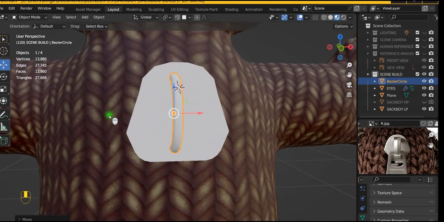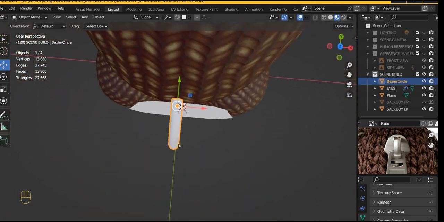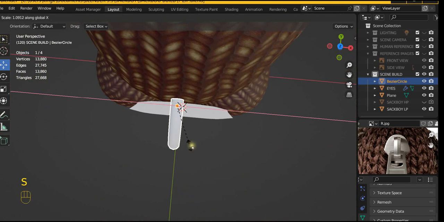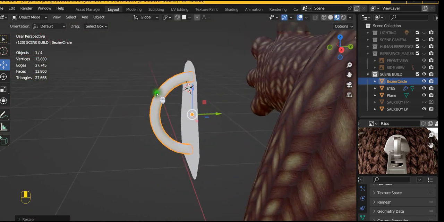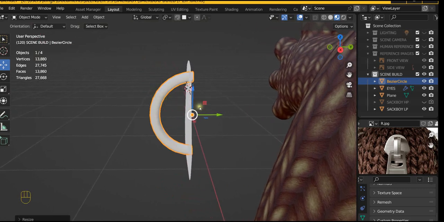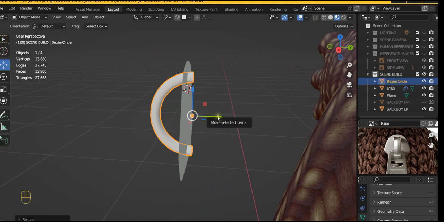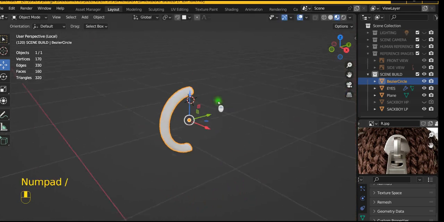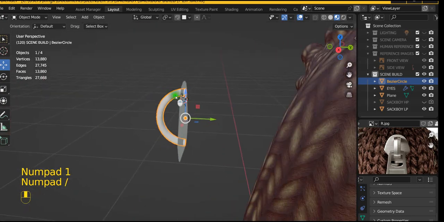And then what I can do is I can scale it on the X then, and that'll give me that bit more of that shape. The idea is the, what we call that thing you pull the zip with, that's going to come in between there, that's going to fit in the middle of that. So grab that back a bit more, pull it back, and that's the front part of my zip done. I know it's not right yet, but I haven't extruded it yet, so